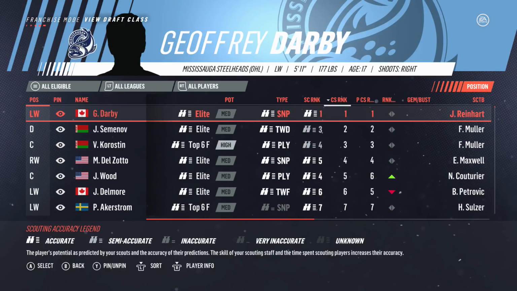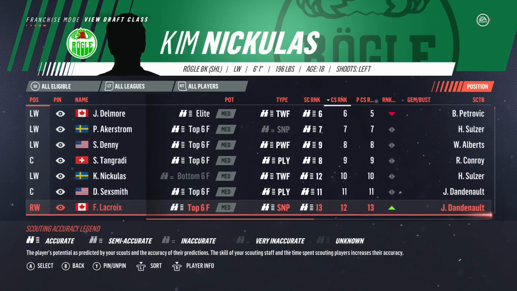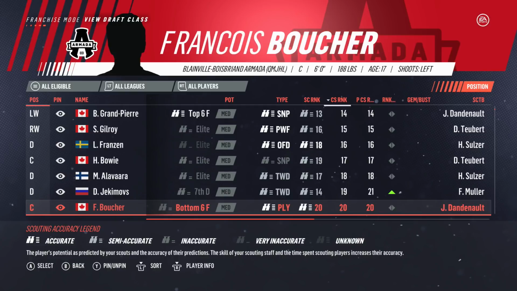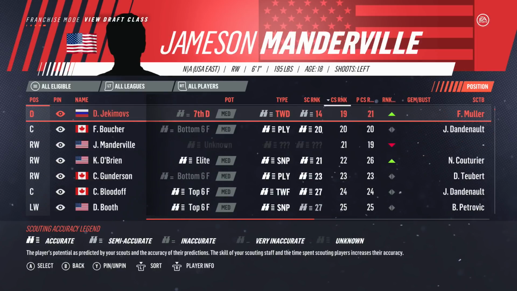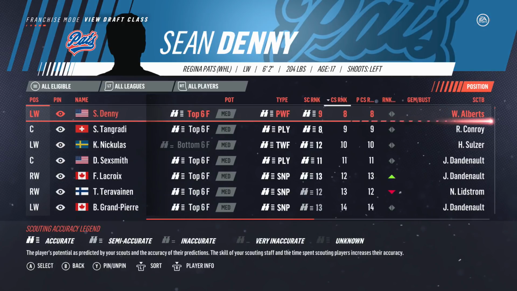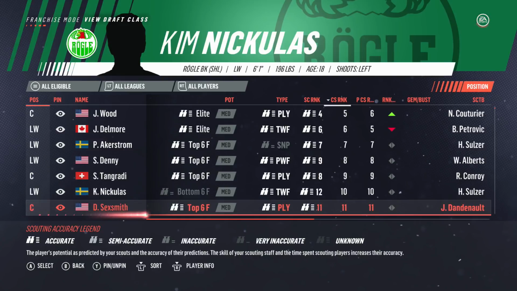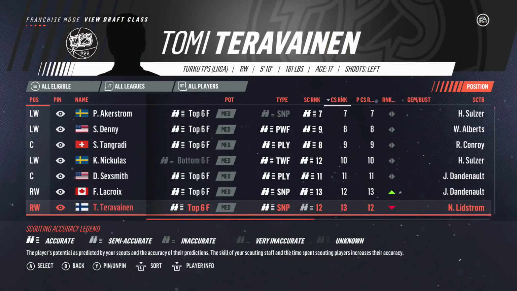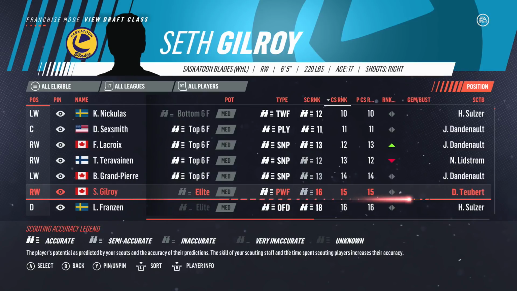It doesn't look like it. Everybody seems to be about the same spot. I don't see any franchise potential players here so far, but yeah, that's it. We're going to be able to maybe pick up some elite players, I hope. Yeah, some top 6s are elite players, hopefully. We're picking 14th, right? So there's a few top 6s, but there are also a few potential